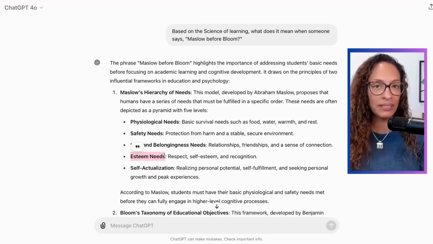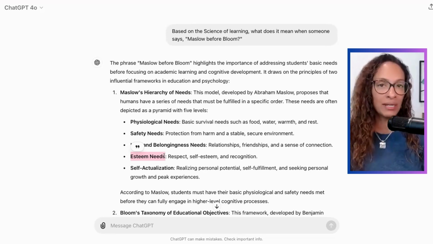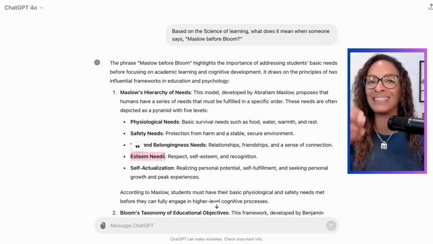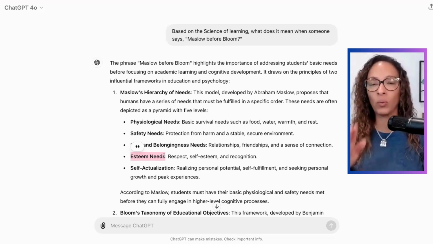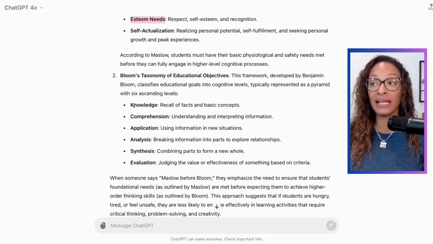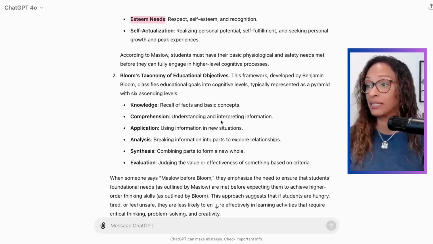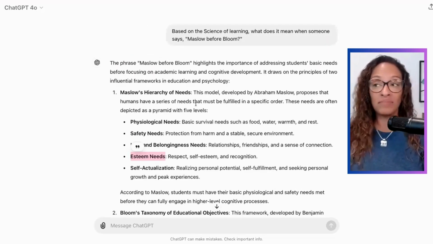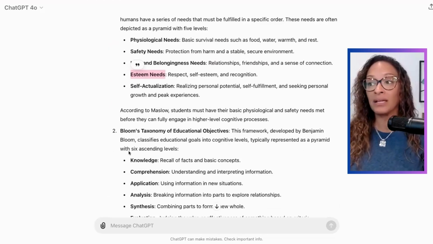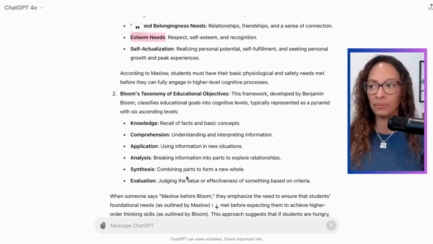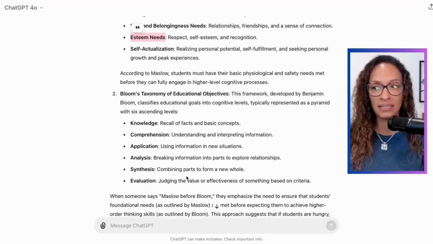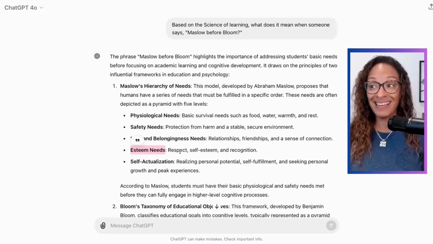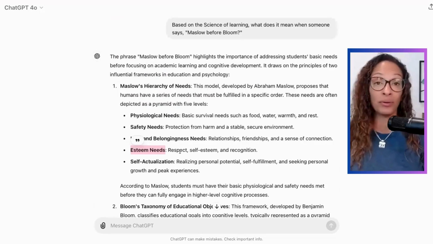They know they can get information and content and knowledge from the teacher. They know they can use those skills and those standards to improve themselves, and they believe that they can. That is where we want to get students. Then we can integrate knowledge, comprehension, application, analysis, synthesis, and evaluation. So we're going to focus on these things for the beginning of the school year. It doesn't mean you're not going to integrate knowledge, comprehension, application, analysis, synthesis, and evaluation. What it does mean is that when students can do this, they can get to the other part of learning.